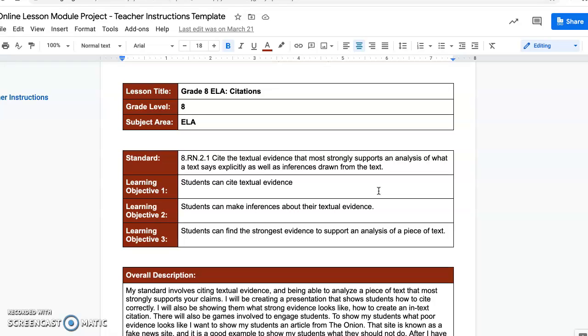So if you look at that standard, what we need to do is we need to be able to cite correctly, and we need to be able to take analysis out of a piece of text, and we need to be able to analyze that text in a solid way. So there are 3 steps to being able to complete that standard. Objective number 1, students can cite their textual evidence. Number 2, students can make inferences about their textual evidence. And then finally, our third objective, students can find the strongest evidence to support an analysis of a piece of